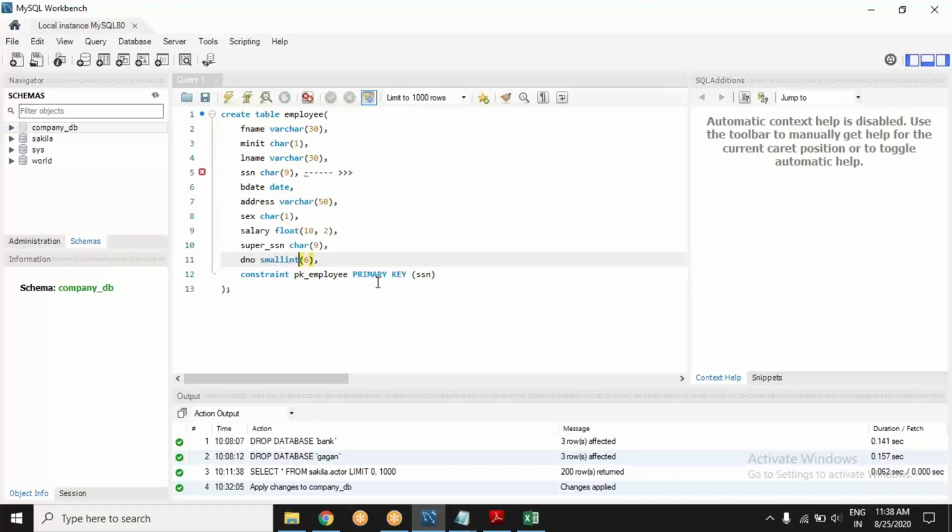D number should be a column of small int. Now, small int is again a variation of integer. Check out that PDF. Tell me what this D is and why it is int and why it is small. Can you figure this out? Just go ahead, give it a try. I wanted to create the employee table from that PDF. That PDF contains a column, I think, D and O. Why am I calling it int and why small? What is this column telling you? Go ahead, check it out.